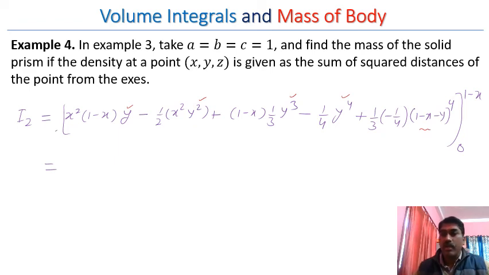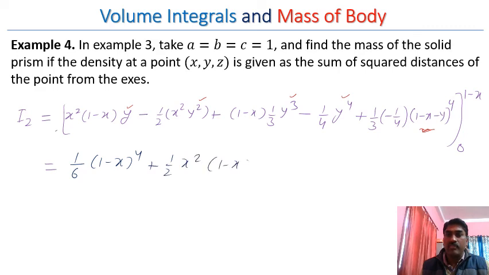This will become 0 at the upper limit. When you put y equal to 1 minus x, this will become 0. So just put the limits and simplify. So you will get 1 by 6 (1 minus x) to the power 4 plus 1 by 2 x square (1 minus x) whole square. This is I2, and finally our